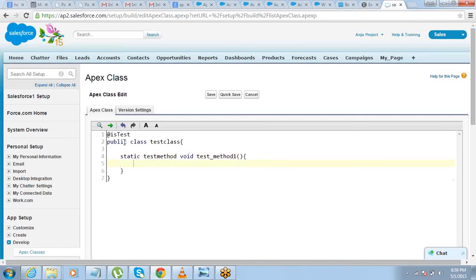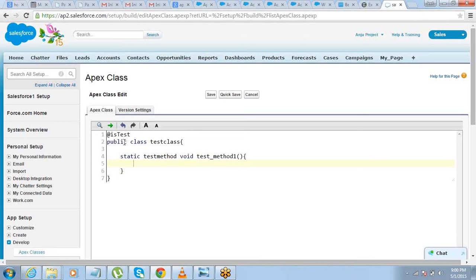Now in this, what we'll have to do is, we just have to test whether the account gets inserted and the description gets updated properly. So when I do an insert, because my trigger is supposed to update the information, right? So what I should do is, I should just test that with some sample data. So I'll need to enter some sample data with industry equals technology, and then I'll do a System.assertEquals to check whether the description got updated or not. As simple as that. All right.